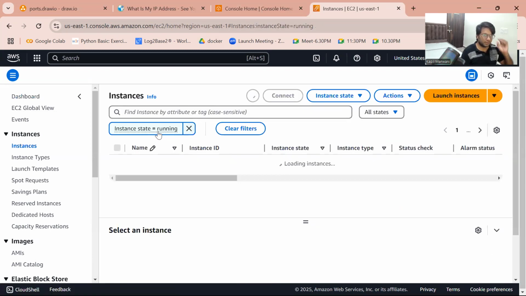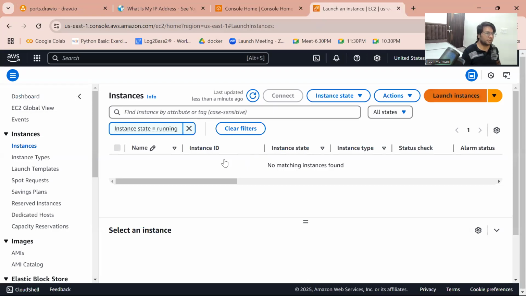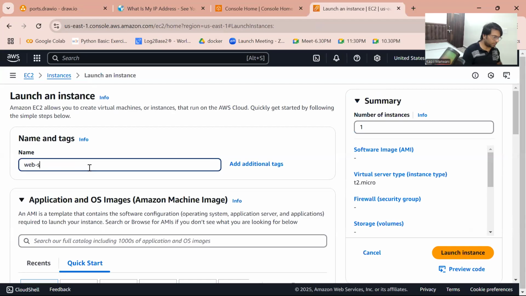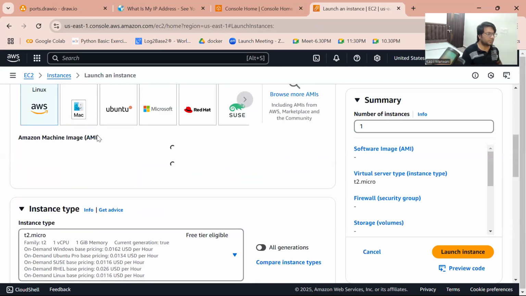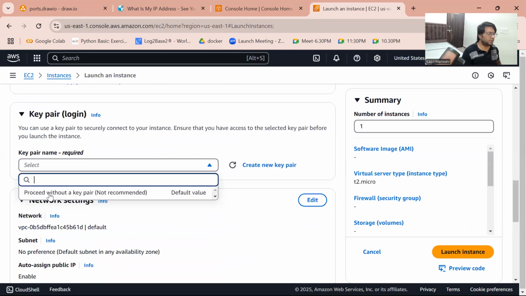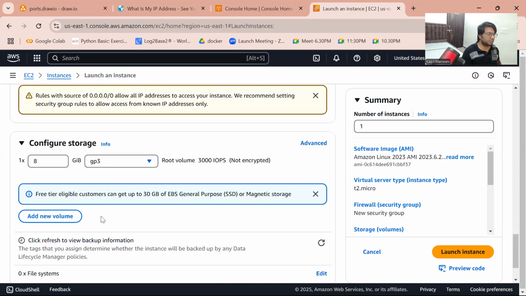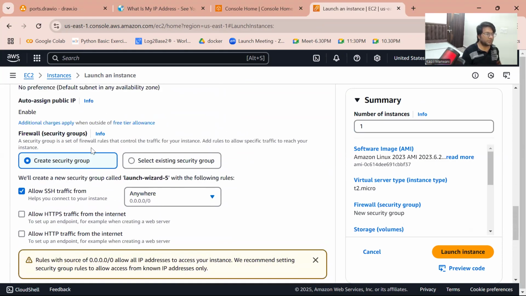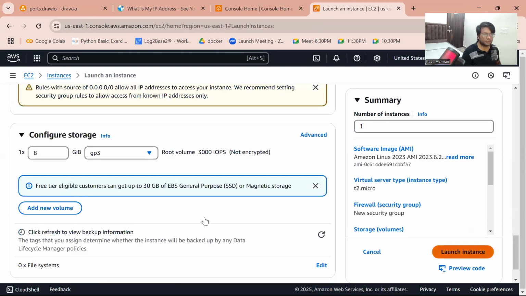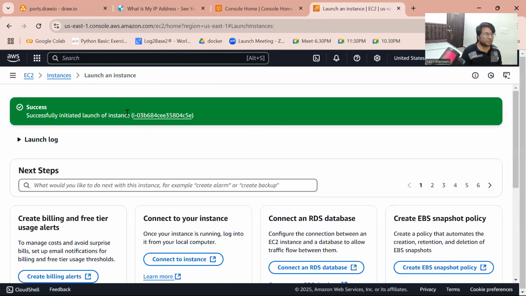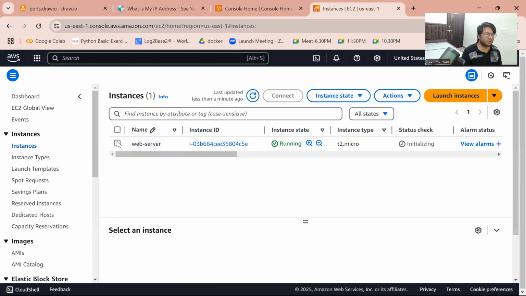Okay, no issues. So let's say you are launching a machine, let's say my machine is a web server, with any key pair. I am allowing SSH to my server. Basically, in this machine there is one service which is called SSH. Now, if I want to connect to this machine,